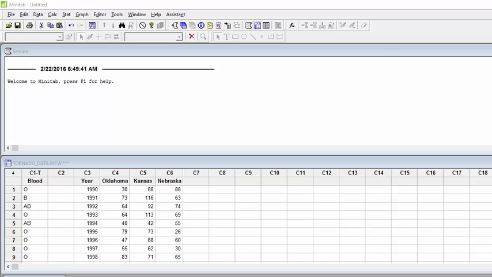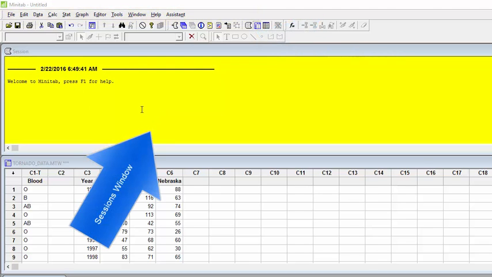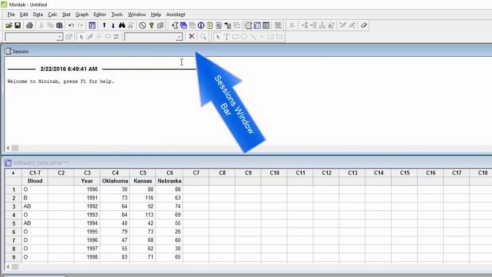If you look up top here is your drop-down commands for MINITAB. Up here is your sessions window. If I left click into it, you note that the color turns a little darker to let me know that I'm in the sessions window. And these drop-down commands change when I go in there. So if I go into editor, I can see something like enable commands, which enables me to actually do programming